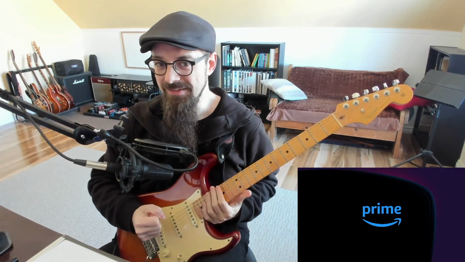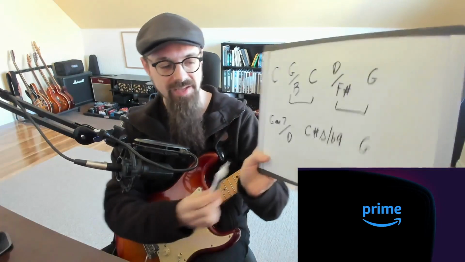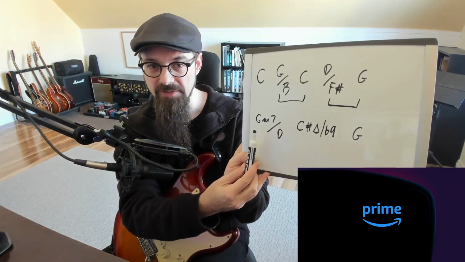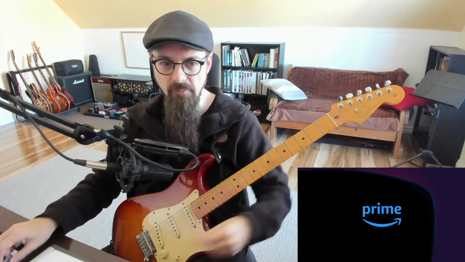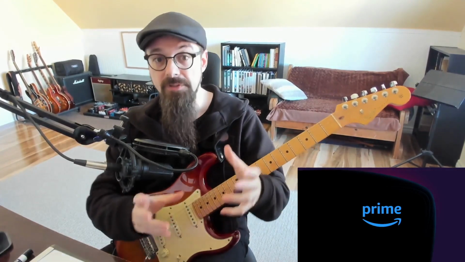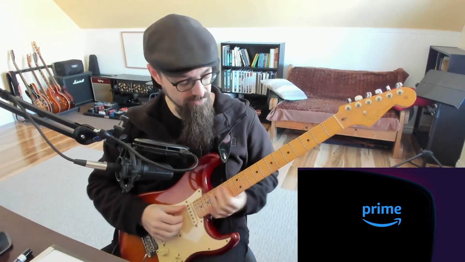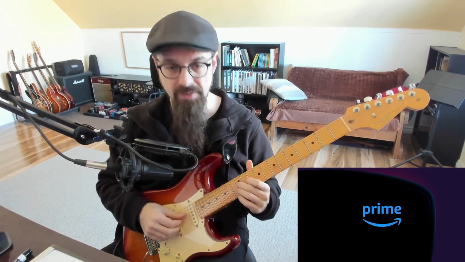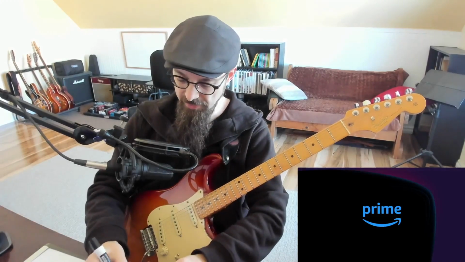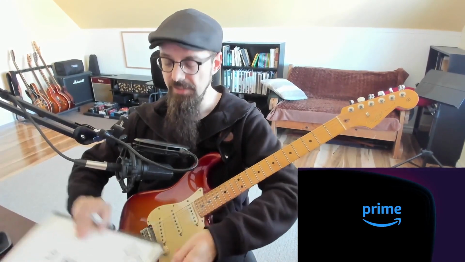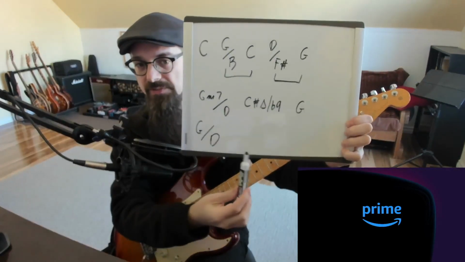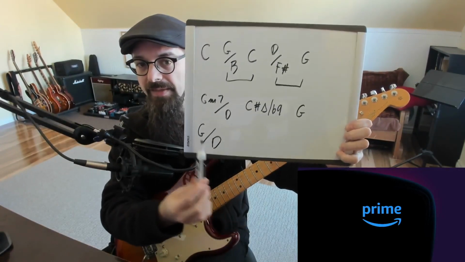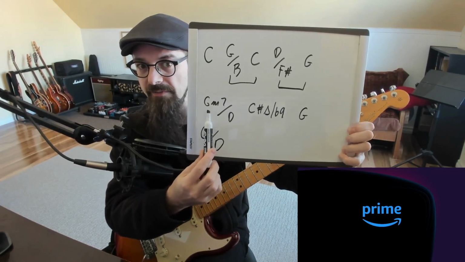And then we get the final stretch. You have this G minor 7th with a bass of D. What is this? Well, remember before when I was doing the suspending of the 7th chord, I was putting the first chord, but with the bass of the 5th note. So in the key of G, this suspended chord will be a G, because it's the first chord, with a bass of D. So the standard suspended 5th chord would be this G with a bass of D. Instead, we get this G minor 7th over D.